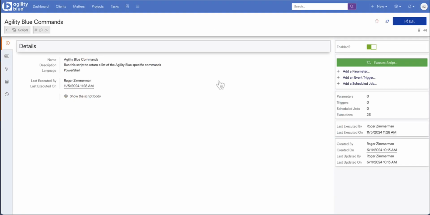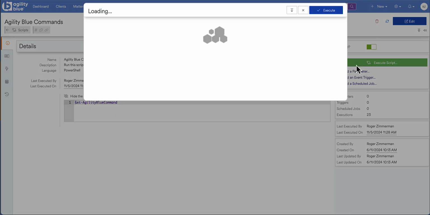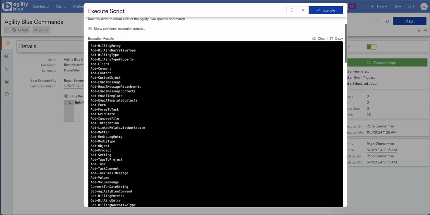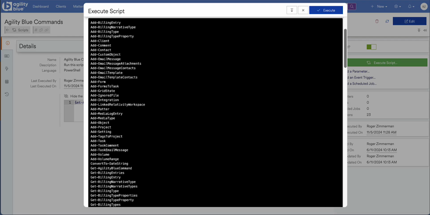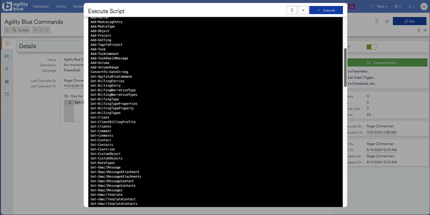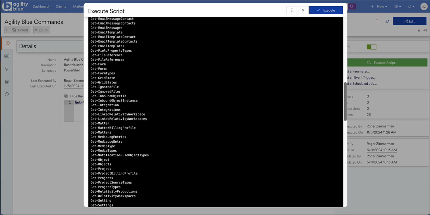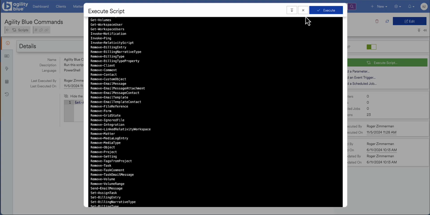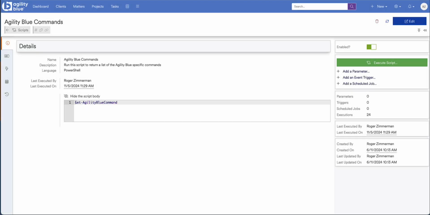Agility Blue scripting allows users to write and execute custom PowerShell scripts directly within the application environment. This feature leverages a specialized set of tailor-made PowerShell commands, or commandlets, that enable you to seamlessly query, create, update, and delete the various objects, entities, and resources found throughout your Agility Blue environment. These commands act as a direct interface to Agility Blue's REST API, giving you powerful tools to automate and streamline your processes without invoking the REST API externally.